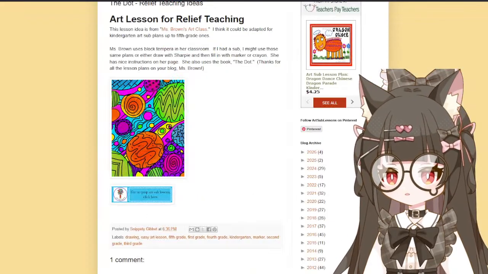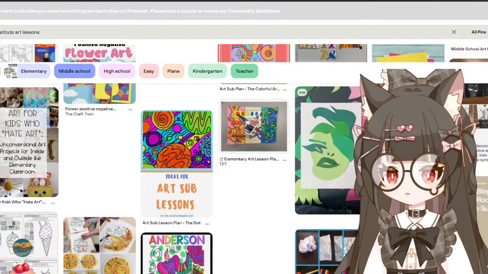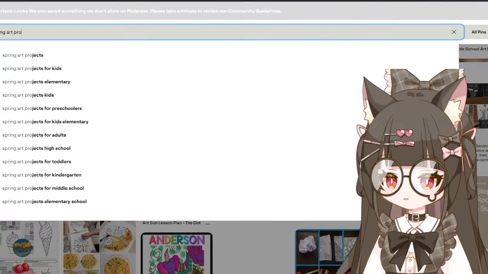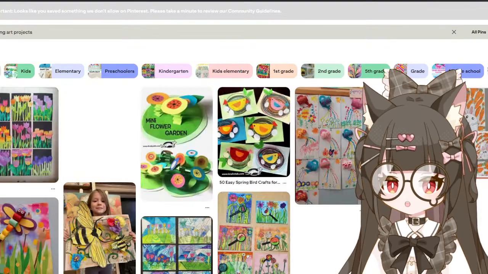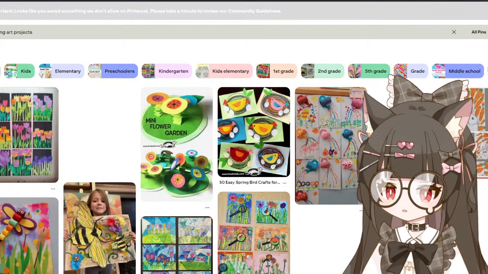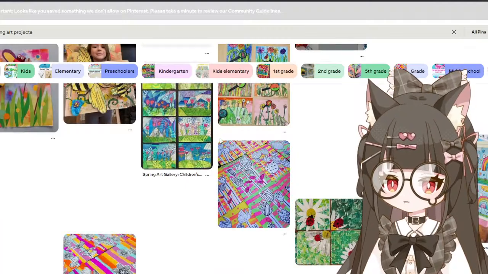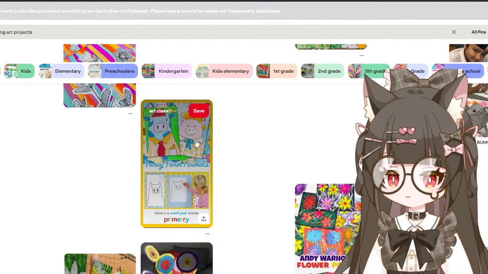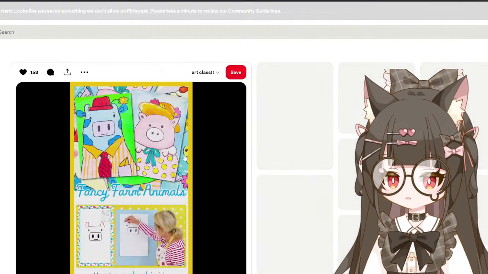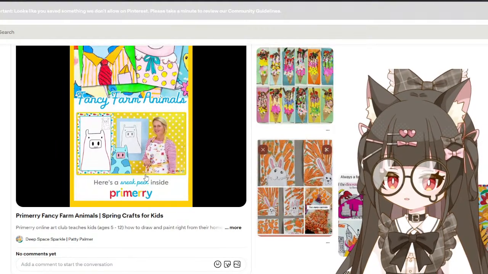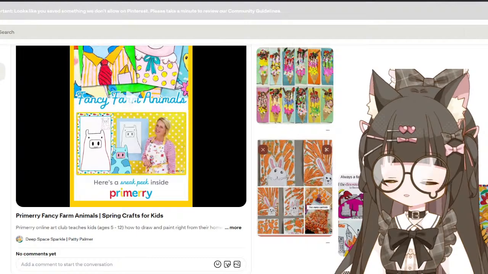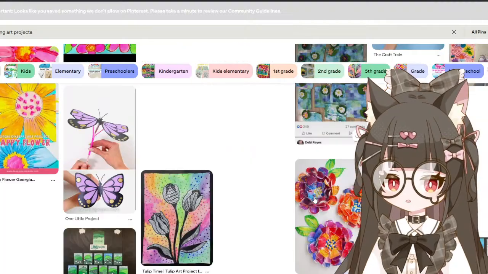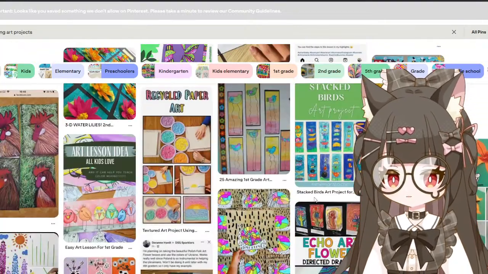I'm gonna search spring art projects. Sometimes the seasonal ones are helpful. Fancy farm animals. I feel like the little ones would like that one. But that's a video. I'm not really sure. And they're kind of limited to just colored pencils and crayons,